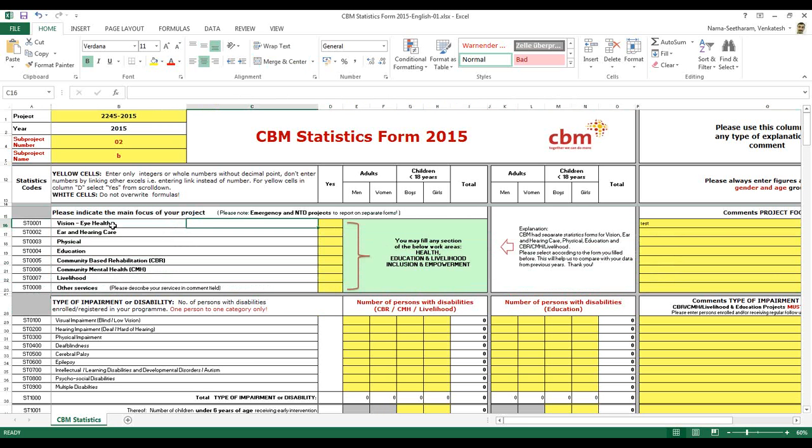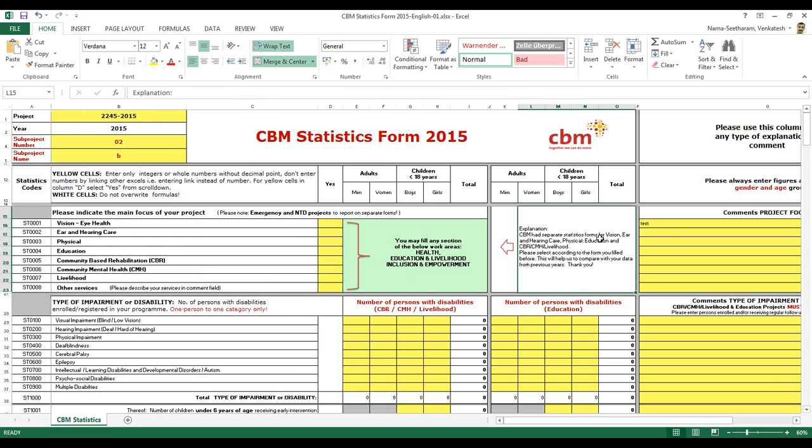Here you see separate rows: vision, hearing, physical, education, CBR, CMH, livelihood and other services. These two sections, this focus section and the impairment section, act as a bridge to your previous data. That's what we have put here.